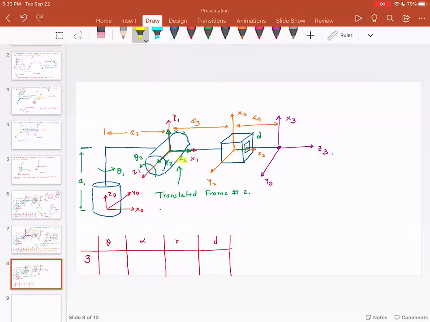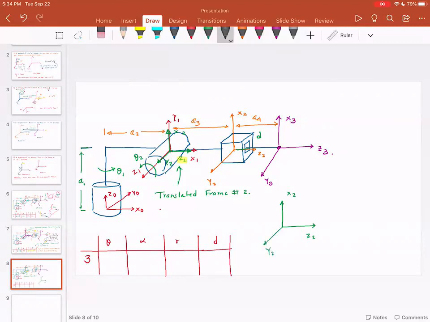The only way they can get aligned is with a negative 90-degree rotation about the Z2 axis. So I'm going to write this down here just for satisfaction. Z2, this is X2, this is Y2,